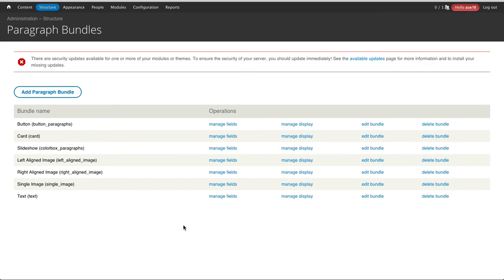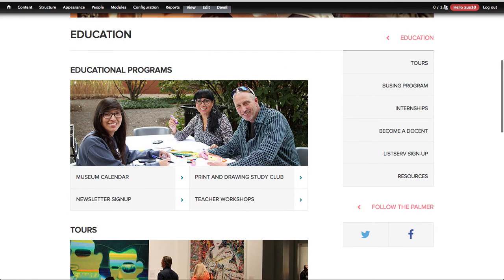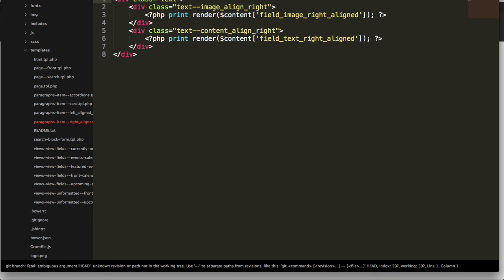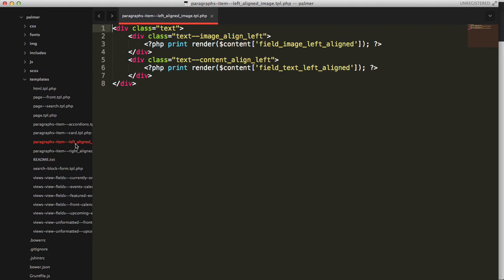Right, so, okay, that's a very basic way of using paragraphs, but if you want it to look nice, right, if you want to be able to have a card that's pre-styled, predefined, the way to do that is to actually template these paragraphs out. So if I hop over to Sublime, I'm going to just note the machine name here, so left aligned image. I'm going to copy that, and let's take a look at Sublime. All right, so this is simply a template file, like you would make a template file for a node type or a views template file. The naming convention is simple. It's just paragraphs - item - machine name .tpl. So left aligned image,